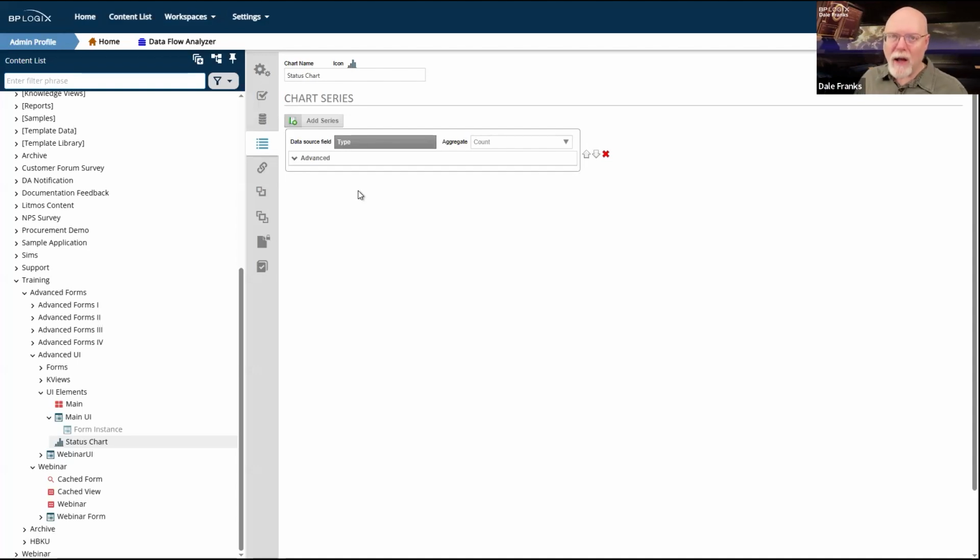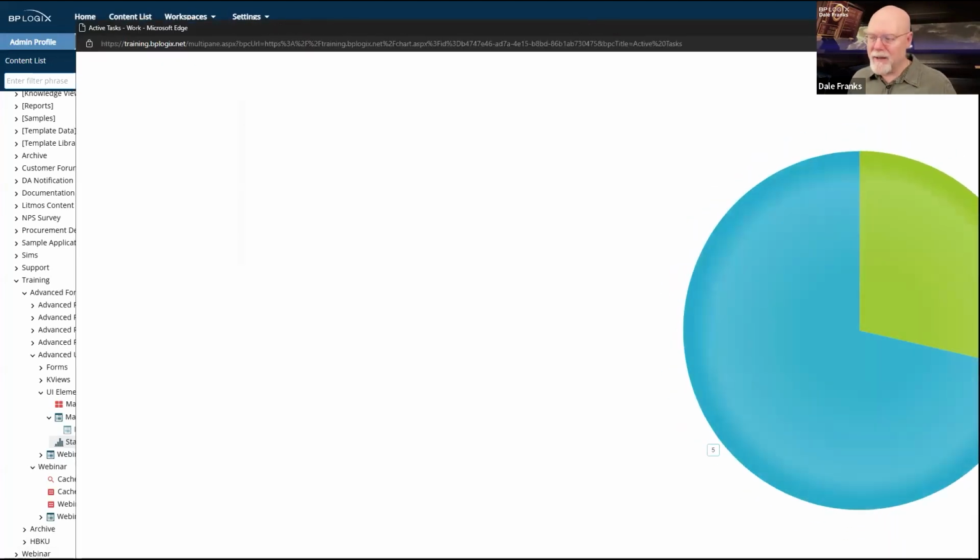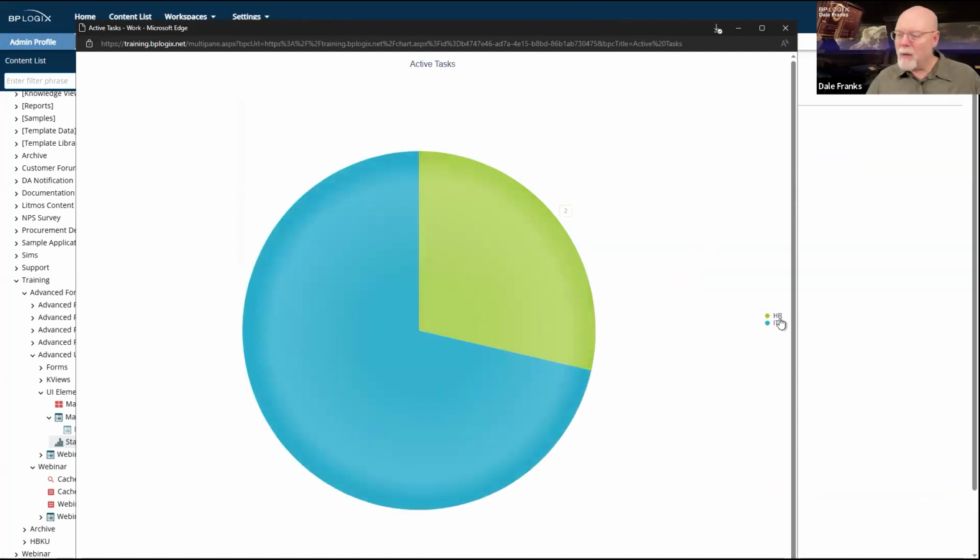If I've already done them, it just doesn't show them. And then, of course, it has its type field, which is what I'm using here secondarily as the data source for this chart so that I can run this chart and it shows me my big value. And if we look over on the side, I know it's hard to see because it's very small, but the legend on the side says HR and IT.